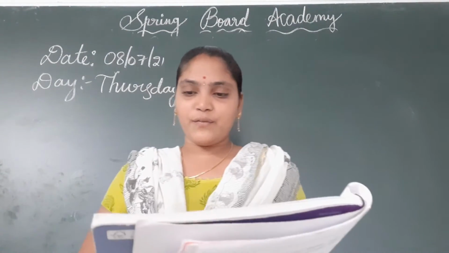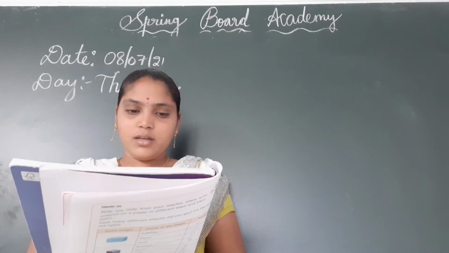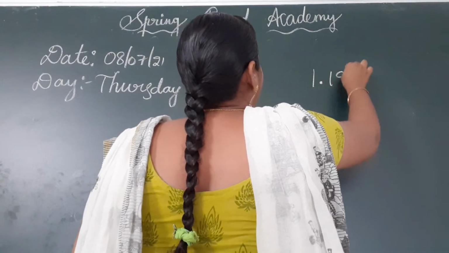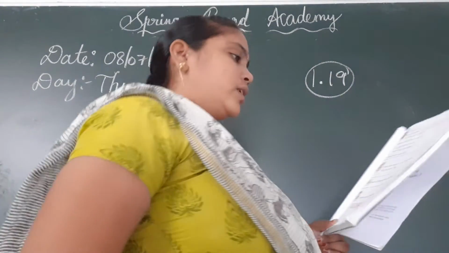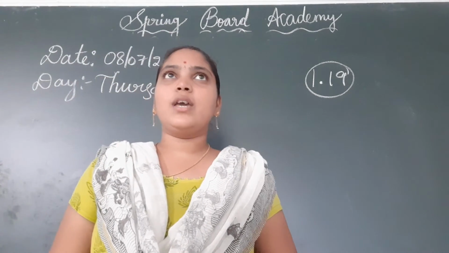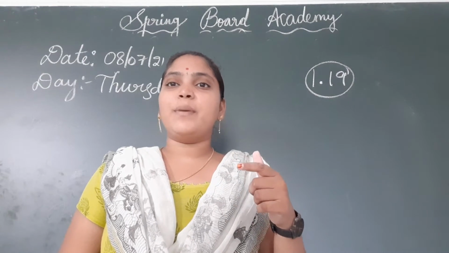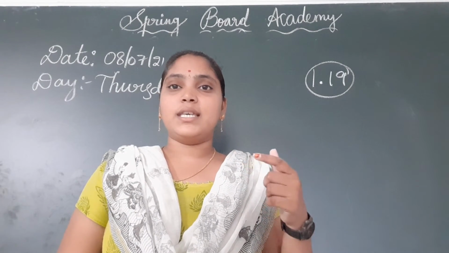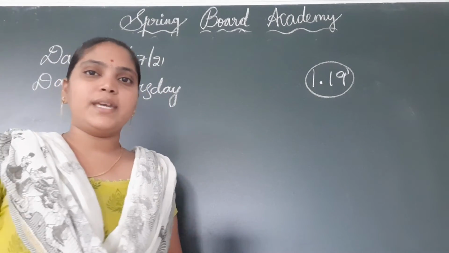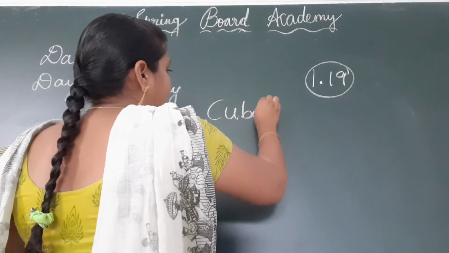Now open page number 15, children. Open page number 15. What is the shape of your classroom? Discuss in your class. Once you have to remember our classroom, children. So what is the shape of our classroom? You can see that our classroom shape is cuboid. So once check your room also, children, what shape it is.